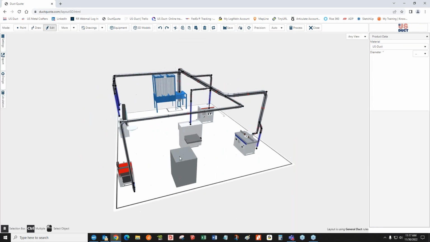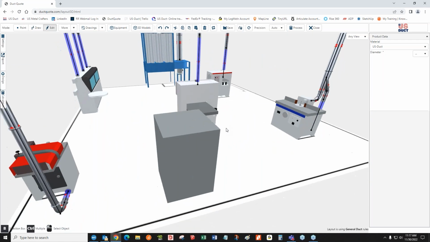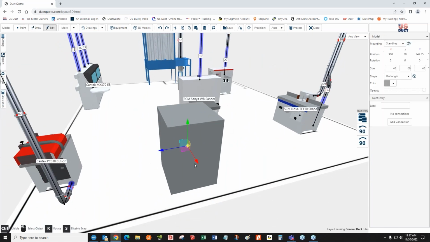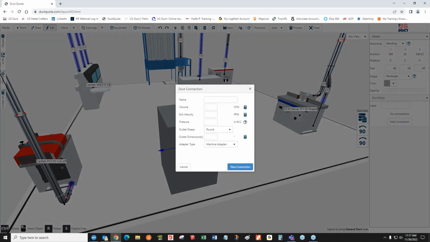And then I could actually come in, in edit mode, select it, and start adding connections. So let's say that we need two 4s and a 6 connection. All right, well, we would come in here. Round is going to be what it is. By the way, we can also do squared to round transitions by choosing rectangular here, but we're going to stick with round for right now. We're going to use the machine adapter, and we're going to say that we need a